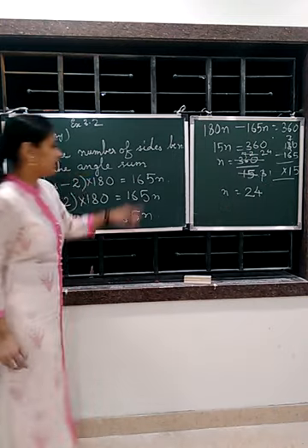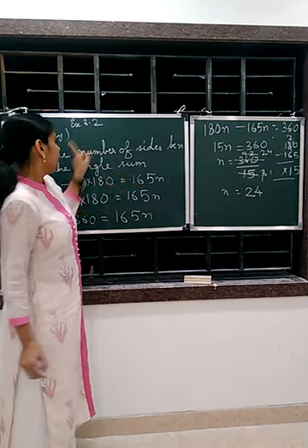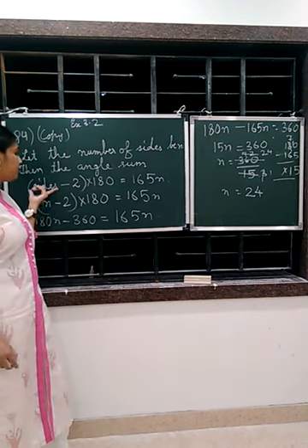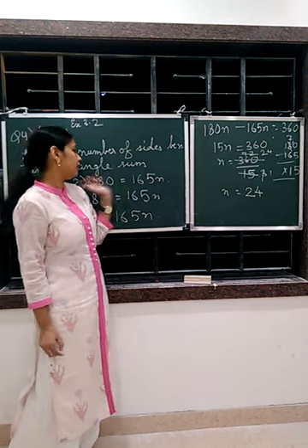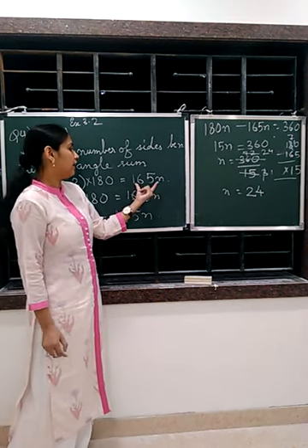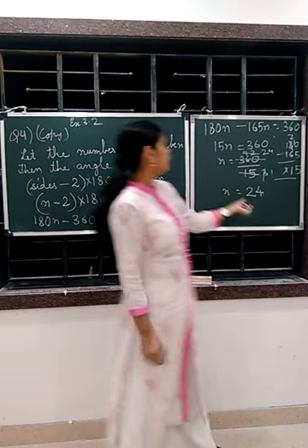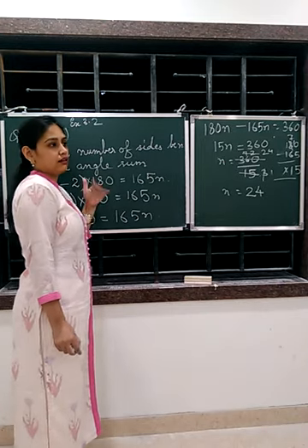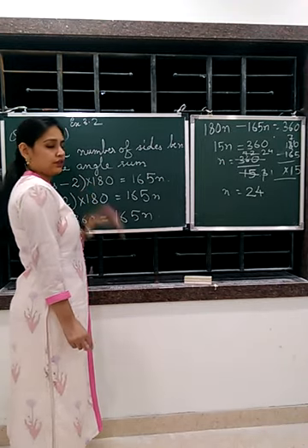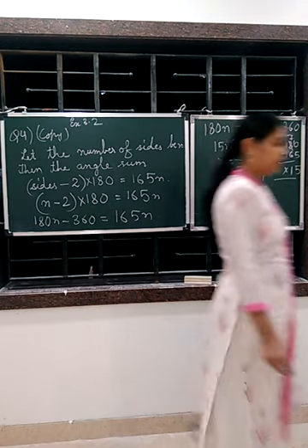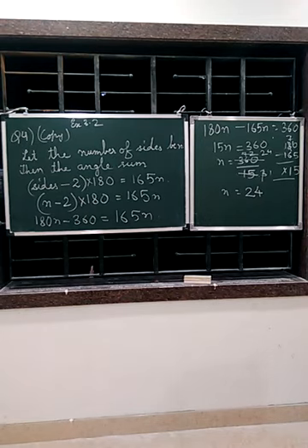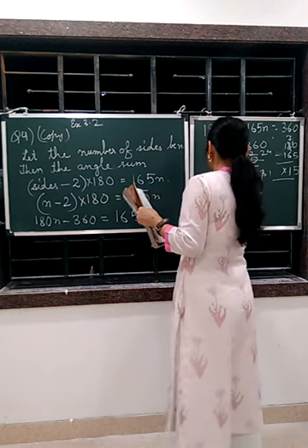Now you must be thinking, why have I written here n? Because then only we will get this. We don't know the value of sides. Whatever value comes here, we multiply it here, then only it will be equal. And 165 into 24 will give us the angle sum, that is, the sum of interior angles of this particular polygon. So the value of n is 24. This completes question number 4. Now we start with 5. That also we will do in the copy.